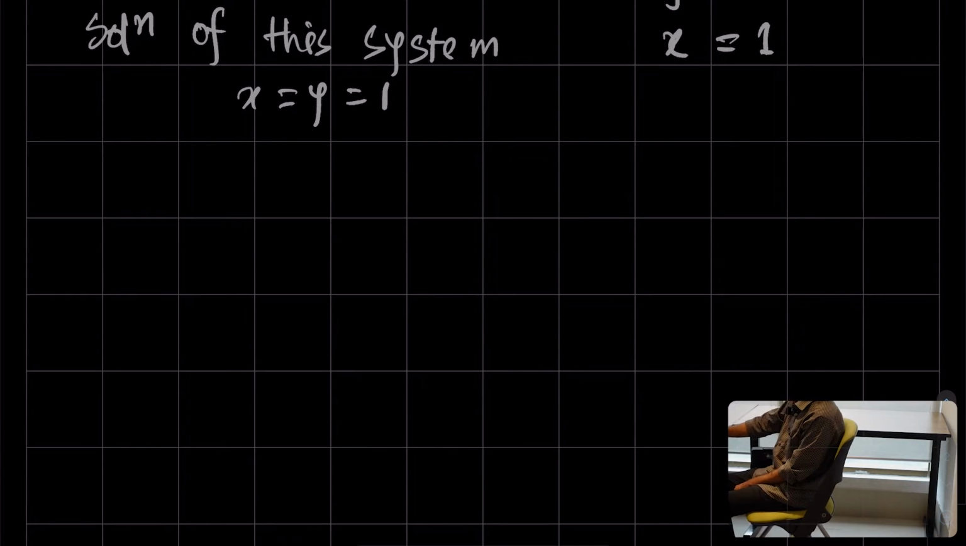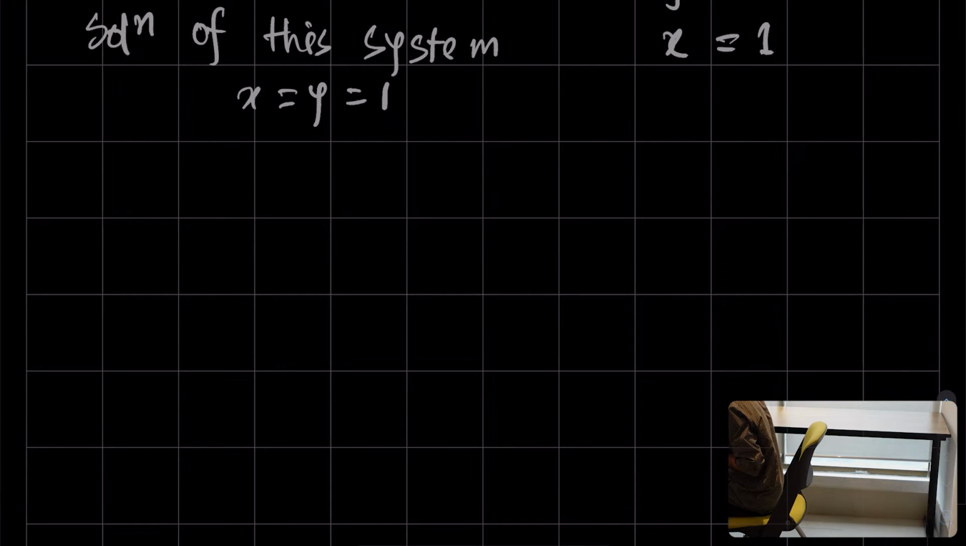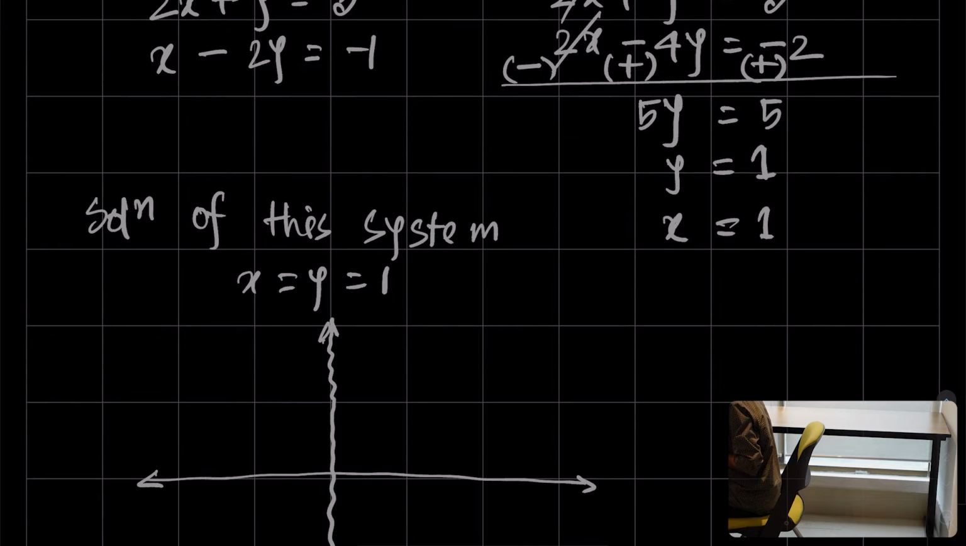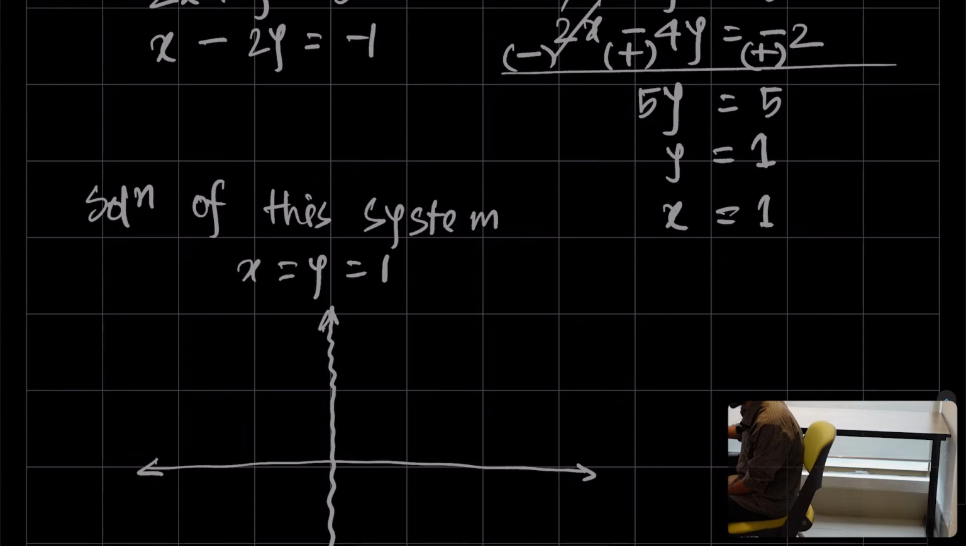So let's see this system of linear equations from a different perspective. What we can do is plot these two equations of lines in a 2D space, and to do that, we are going to introduce the 2D plane. And if I plot these two equations, 2x plus y equal to 3 and x minus 2y is equal to minus 1, then what we are going to get is